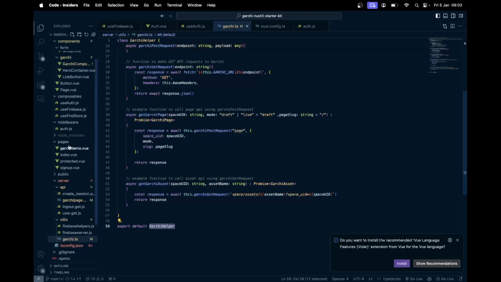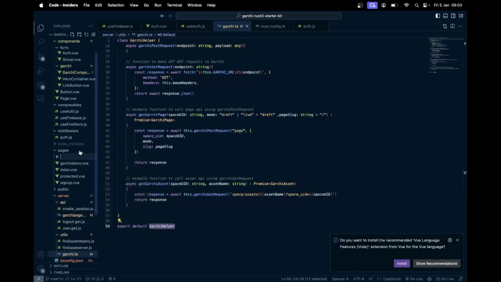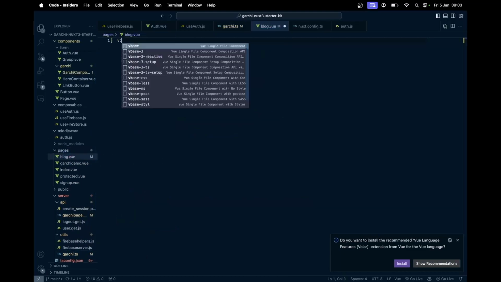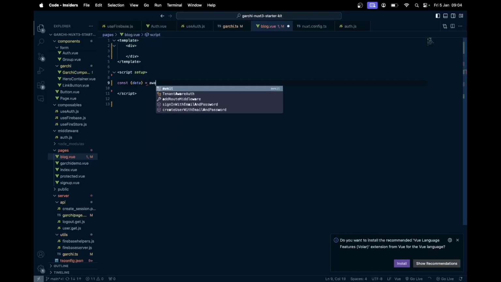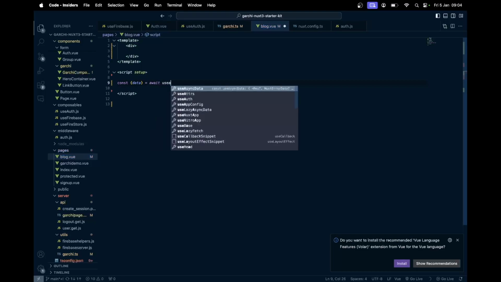So what I'm going to do is here, I'm going to create a page, new file, blog.vue. Then here I'm going to create a setup script, scaffolding. No need for styles for now, can get rid of it. Here I'm going to say const data, and here I'm going to use await useAsyncData,